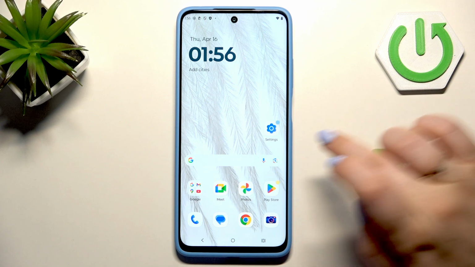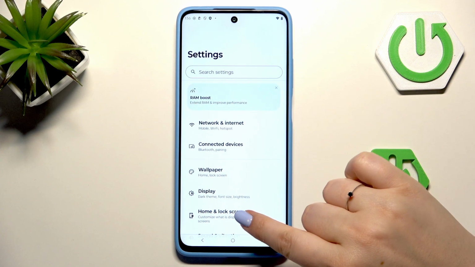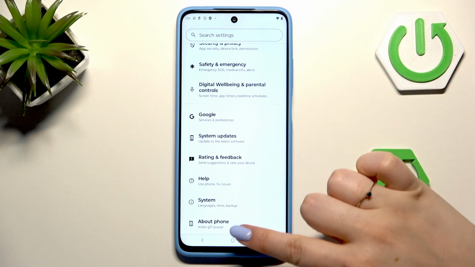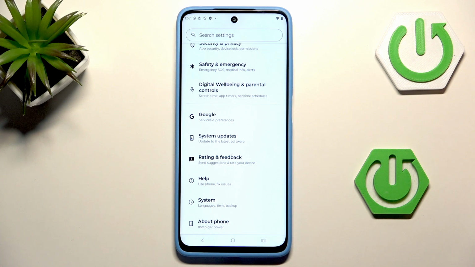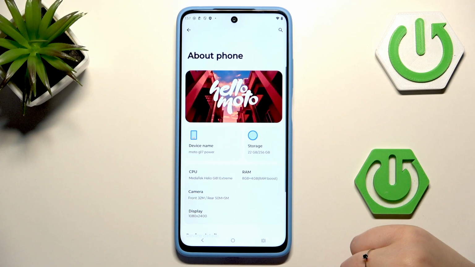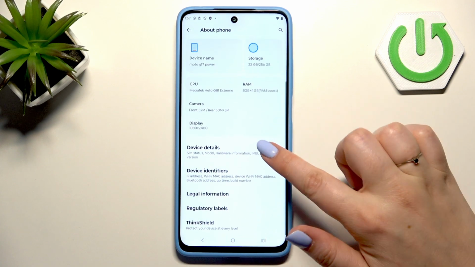So let's begin with opening the settings. And here we have to scroll all the way down to find About Phone. So first of all, I'll show you how to check it using regular settings, and after that, I'll show you much faster access. So tap on About Phone, and then scroll and go to